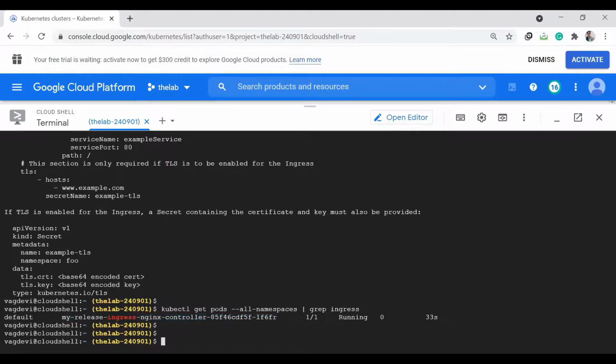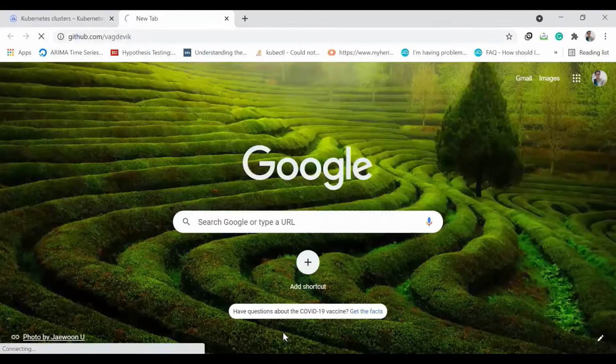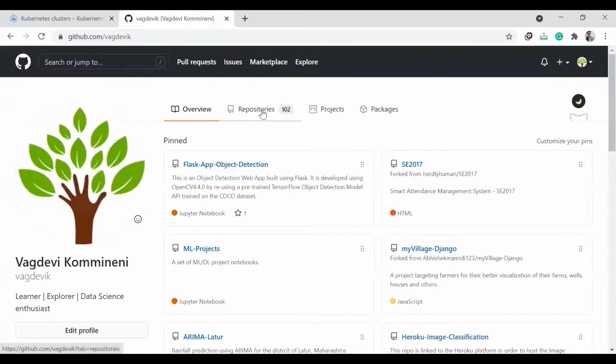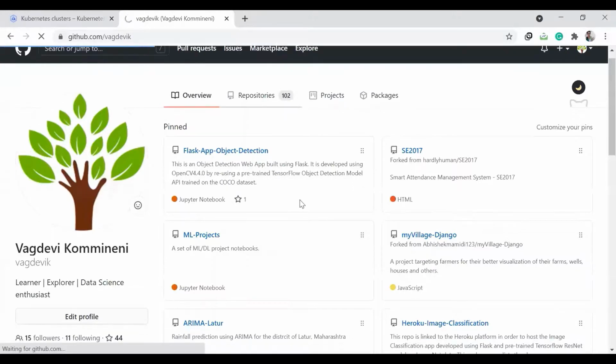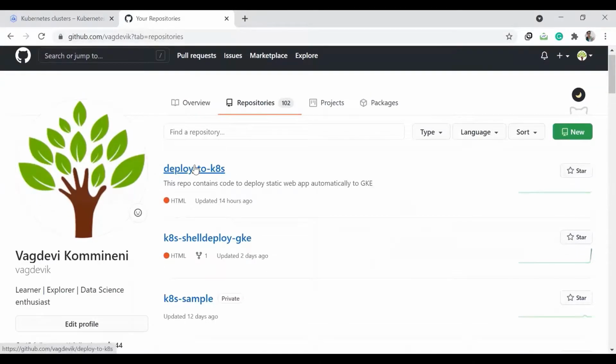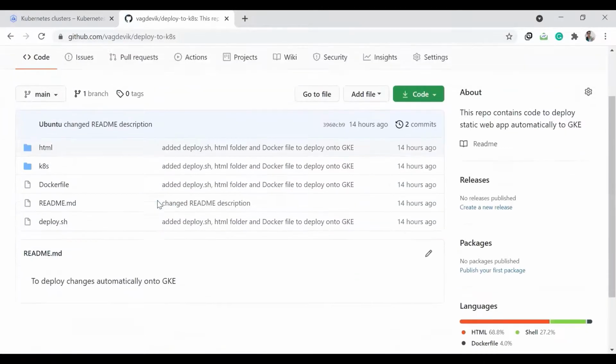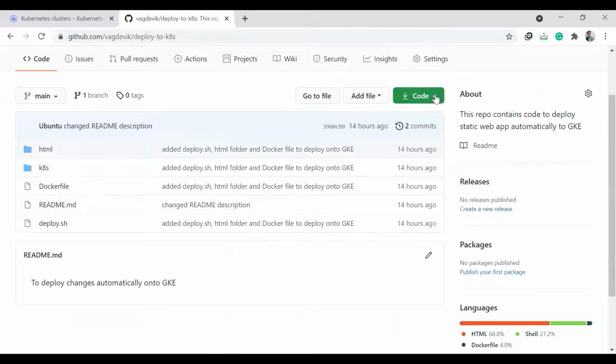Okay, so yeah, primary setup has been done. So the next step is to clone the GitHub repository which we have pushed previously with the application changed, right? So go to GitHub, go to the repository. So this is the one, right? Now let us clone this Git repo.